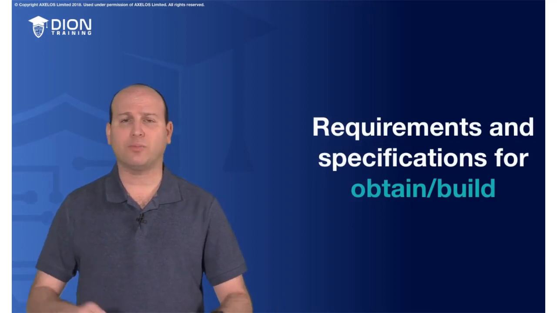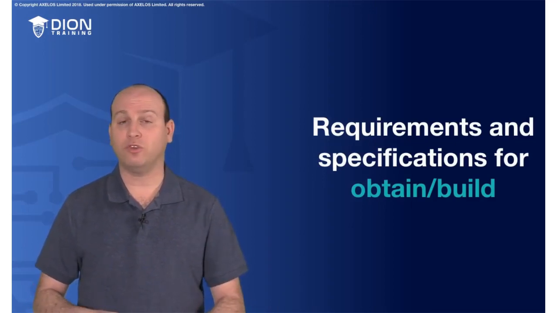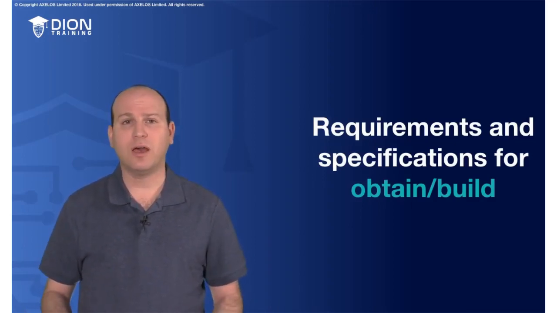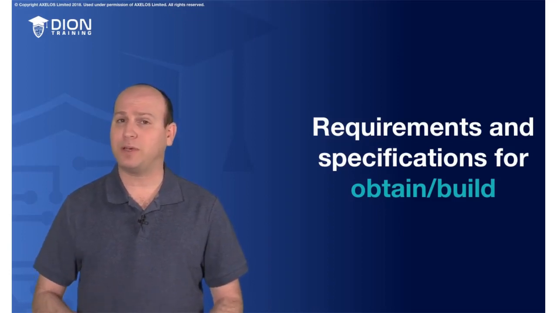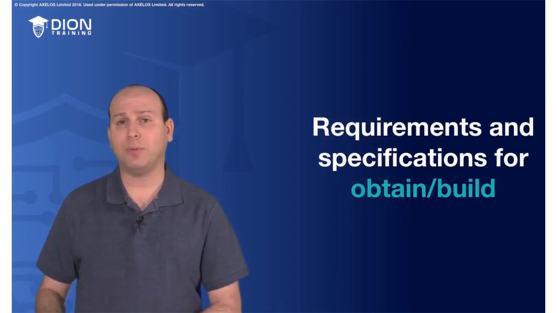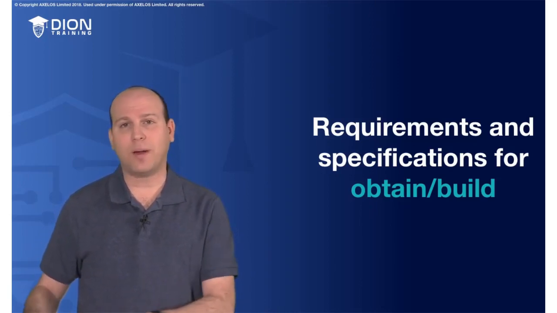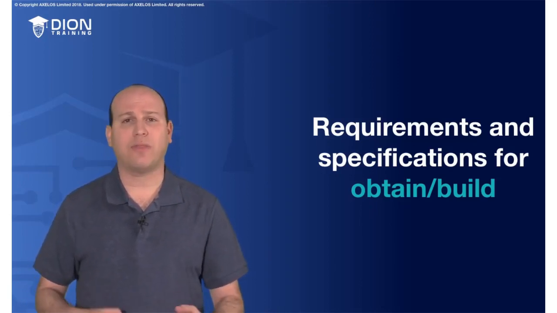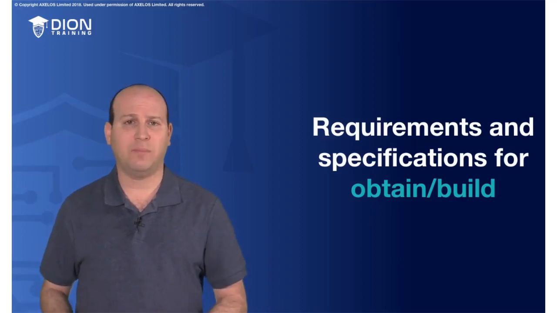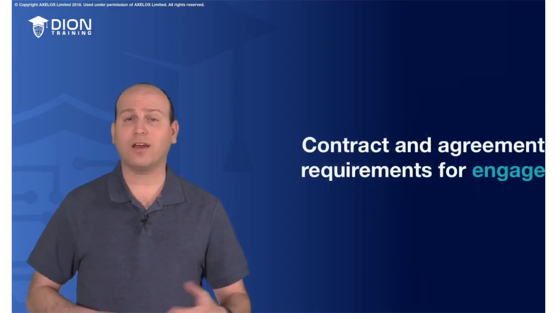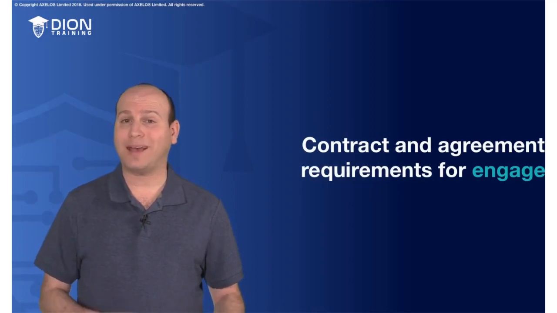So as I've designed this brand new service that's going to do voucher fulfillment for my students, I need to come up with what the requirements and specifications are and pass that to the people who are actually going to buy the servers and buy the integrations and buy the automation software that's going to allow that to occur inside of obtain and build. Also, if we need to contract something, we're going to go and pass that over to